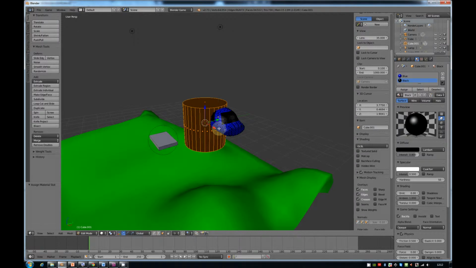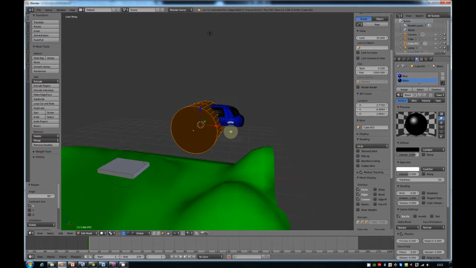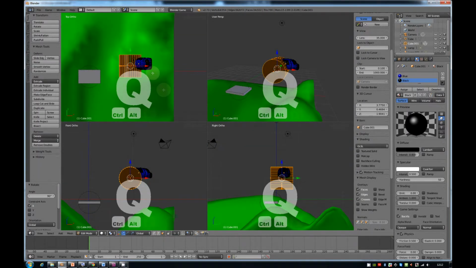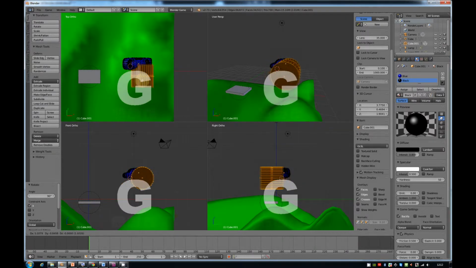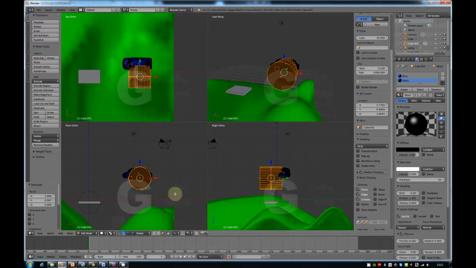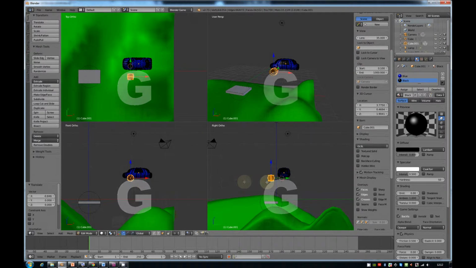So R and X 90, enter, we'll rotate it by 90 degrees. Then I'm going to go into quad view, so that's Control Alt and Q, so that you can see your model from 4 different views. It's really handy for positioning stuff exactly where you want it to go. So I'm going to press G to move it, I'm going to press S to scale it, and then G again to move it, and keep on grabbing it, is what G stands for,